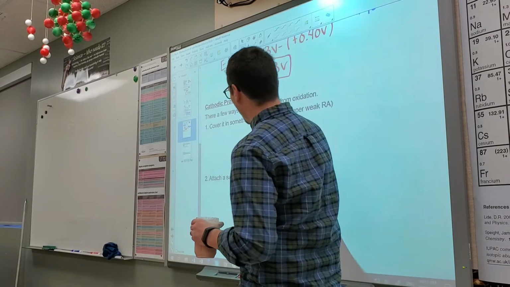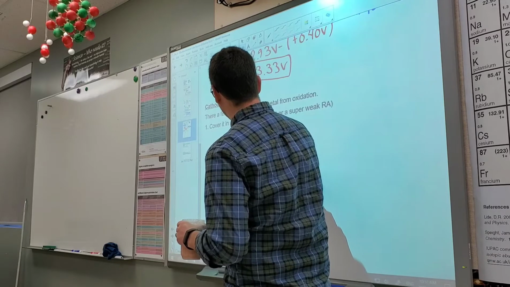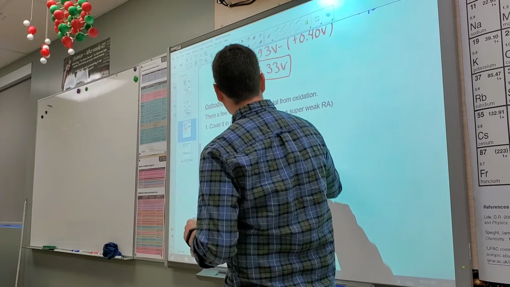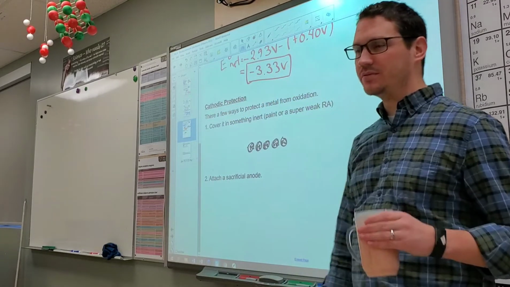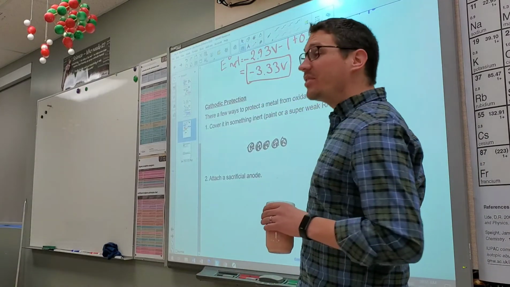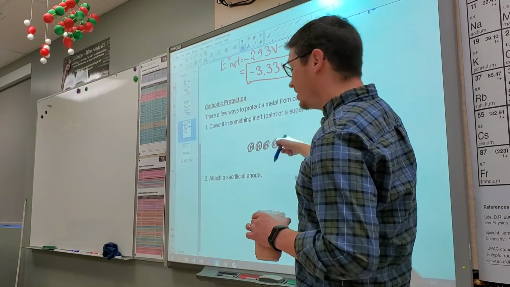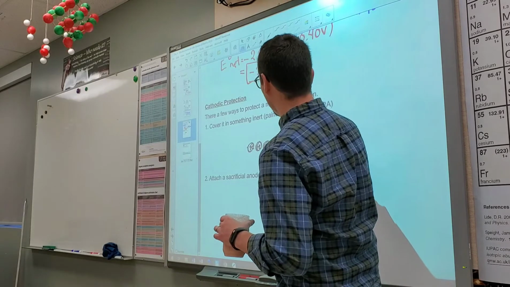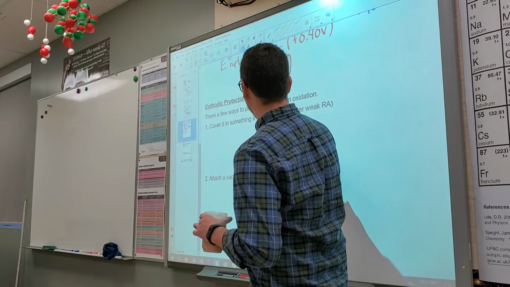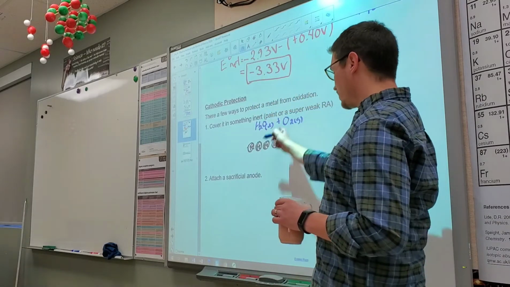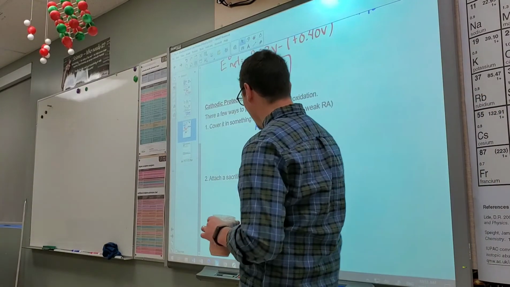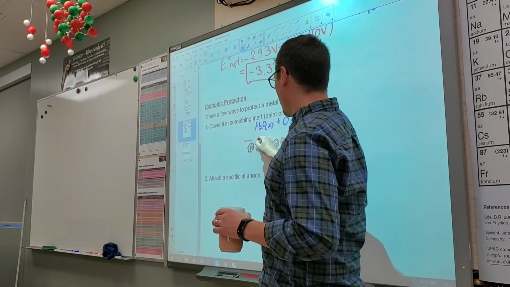So let's say you've got some iron. We've got these iron atoms. I'm drawing Fes just for those of you at home who can't see, okay? So these are Fes. And there are some things that we want to protect this iron against. Most notably oxygen in the air and water from the rain, right? So this water and oxygen, they're attacking the iron constantly. So all we have to do is put a layer